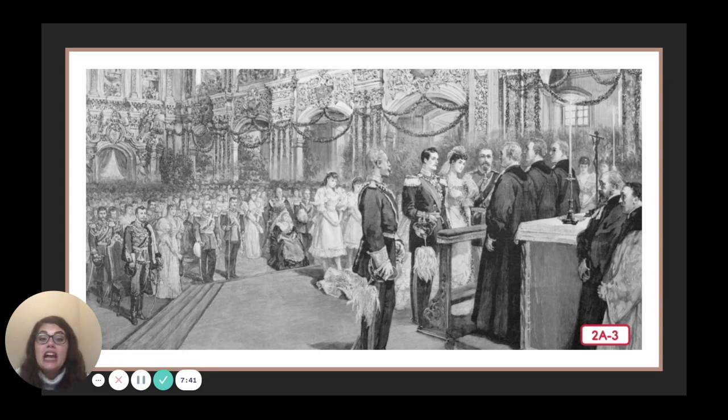There are definitely advantages to being a member of the royal family, especially for those who liked living in palaces and wearing nice clothes. But being a prince or princess wasn't always fun and games. Some disadvantages include that they didn't always get to do whatever they wanted, especially when it came to whom they would marry.